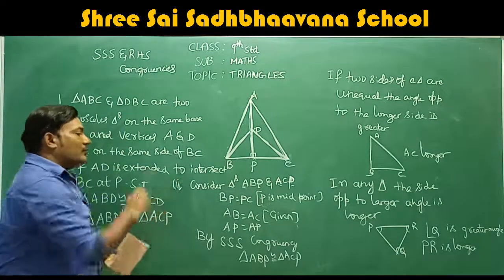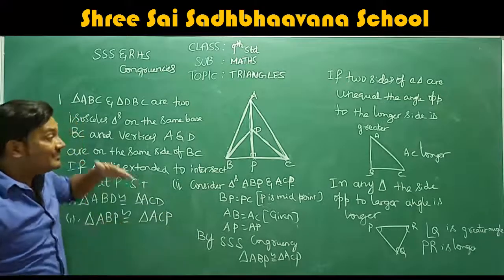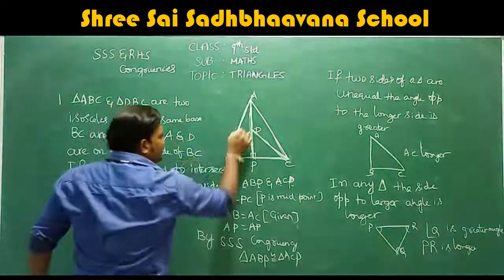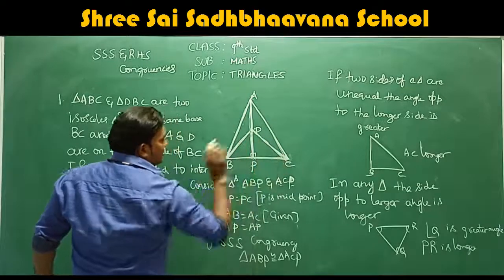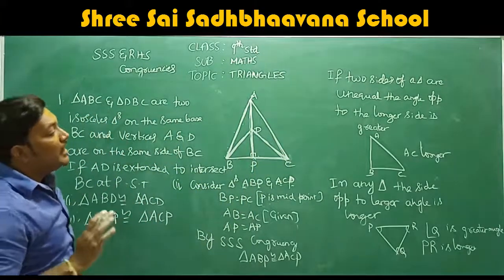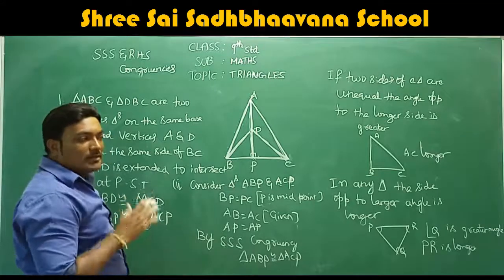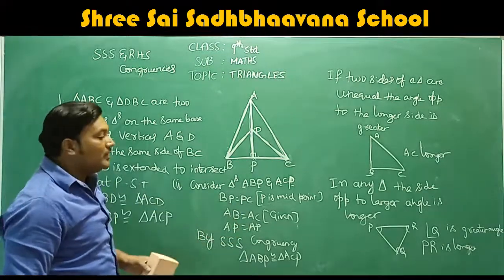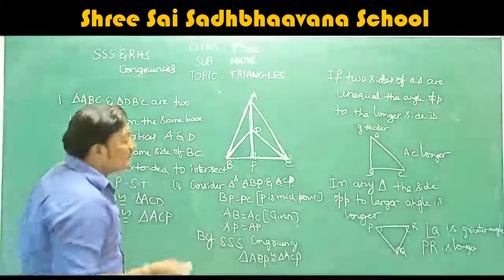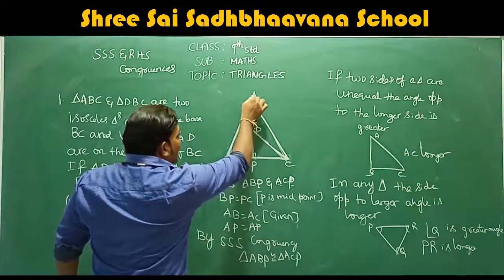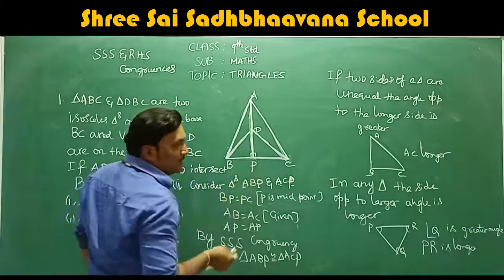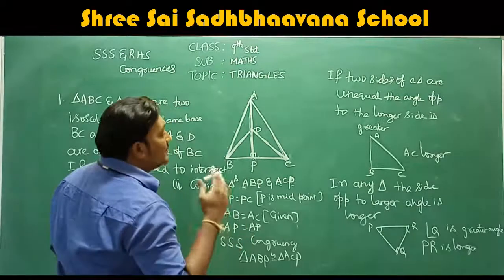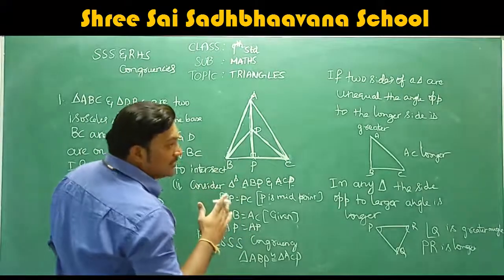That is the second proof. I'll just repeat once again. In the second proof, we have to consider two triangles, ABP, this full triangle, and ACP, this other triangle. In these two triangles, we already know that AB is equal to AC because it is an isosceles triangle, the same we used for the last proof also. And BP is equal to PC. Why is BP equal to PC? Here you have to understand one thing carefully. This is an altitude. AP is the altitude which is drawn on BC. So obviously altitude or median, whatever, will divide the triangle base.